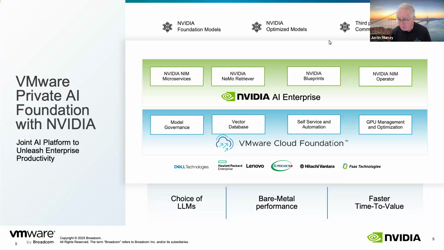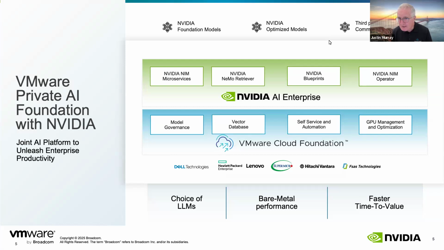And that's the NIM microservices in the top left-hand side, or a retriever for fetching data from vector databases. And I'll explain why that's important as we go along, or some blueprints or application designs that you can get started with. And we'll talk about a particular one called Retrieval Augmented Generation, or RAG. I'm going to talk a lot more about that. And finally, there are various operators, which are Kubernetes functions for deploying all of the 3 things on the left-hand side into Kubernetes.